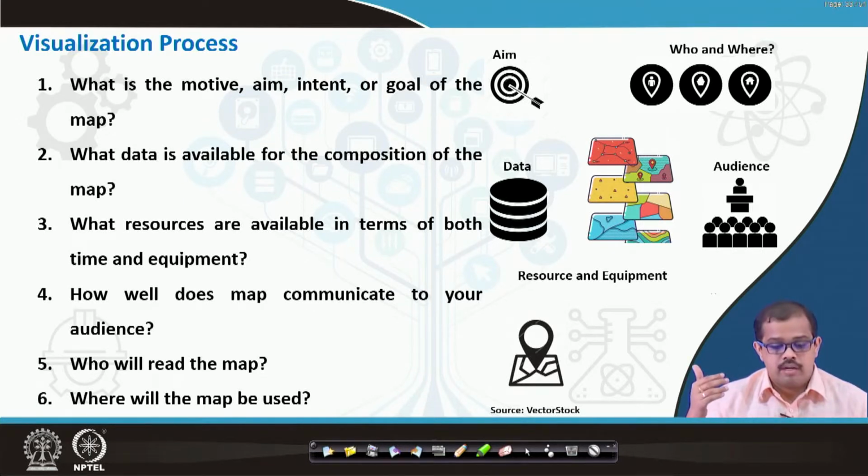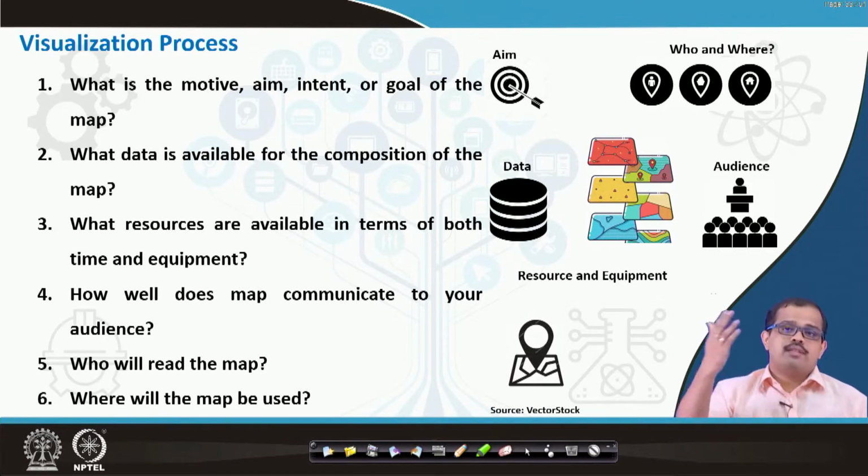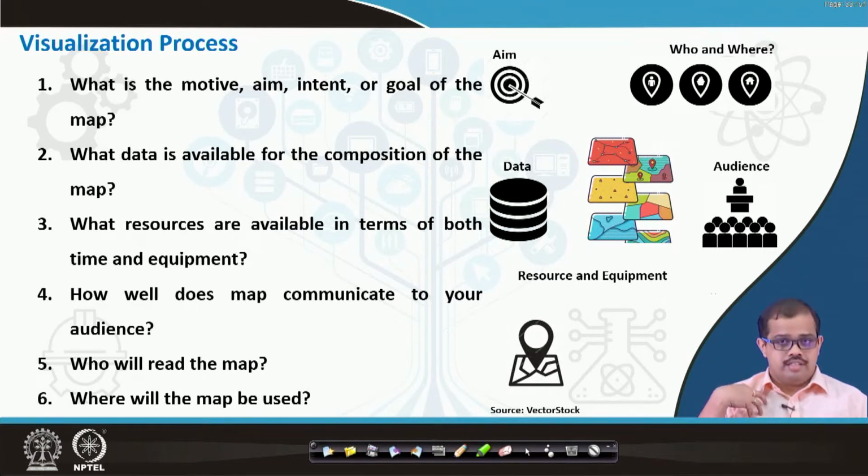How well does the map communicate to your audience? I have to give some message to my audience, who are the consumers of the map I have created. To convey every detail of that map, I have to put it in a proper shape. If I am representing a street, I have to represent it in a better way. If I am representing a house, I represent it in a way that is more communicable, maybe a house symbol. As I said, if I am representing an airport, then an airport symbol should be there. If such symbols are used, it is easier for every audience to understand.